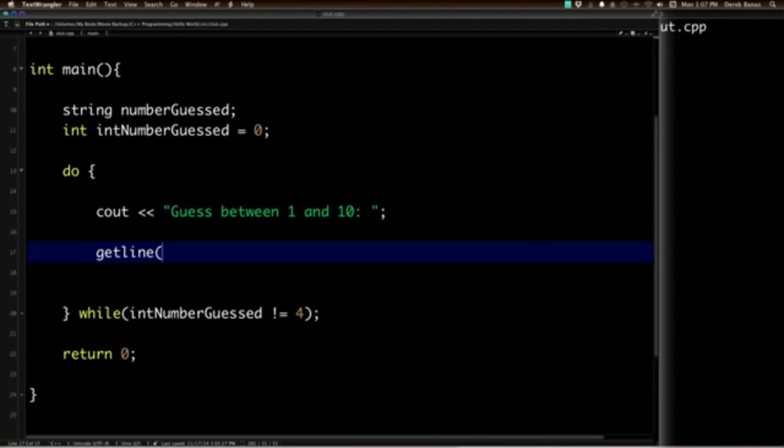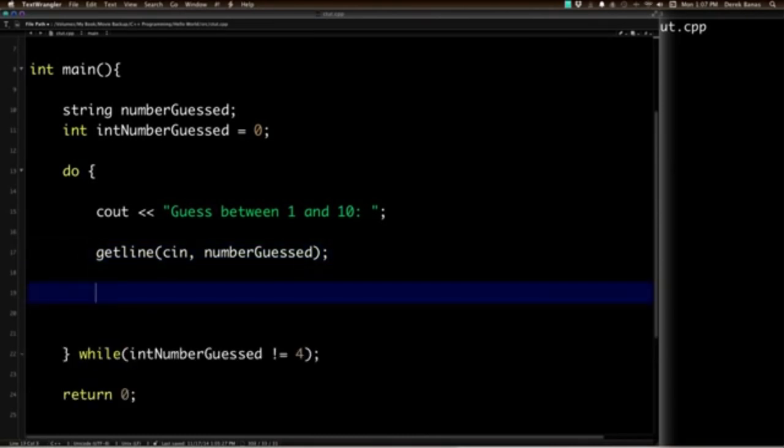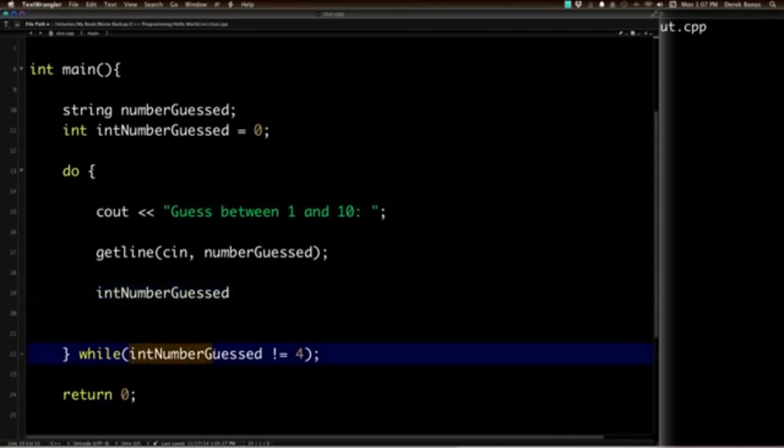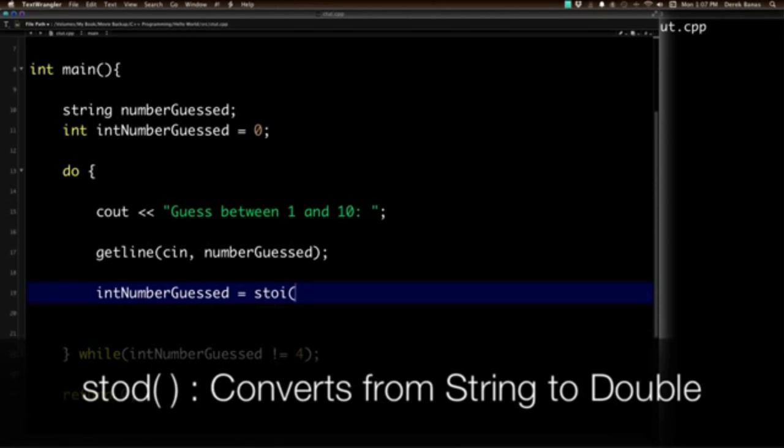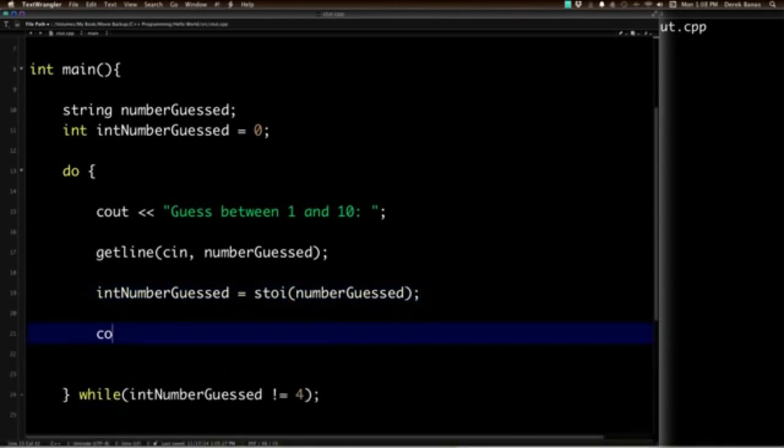we're going to type in getline. We're going to type in cin, which is going to be the source of the user input, which is going to be the keyboard in this situation. And then we're going to have to say where we want that value to be stored. In this situation, we're going to store it in the string numberGuessed. If we want to convert the string into an integer, we can then go int numberGuessed. We need to do this because we're not going to be able to compare a string to an integer of 4, but it's easy enough to change. We're just going to type in stoi, which is going to convert a string into an integer, and then we'll pass in numberGuessed, which is our string, and then we could print int numberGuessed if we would like,